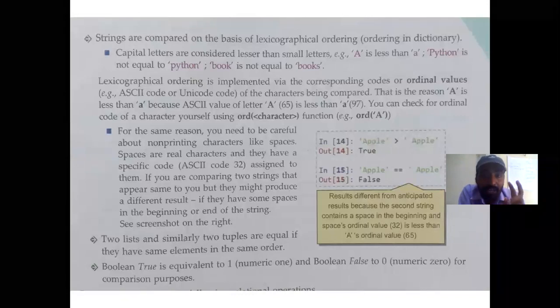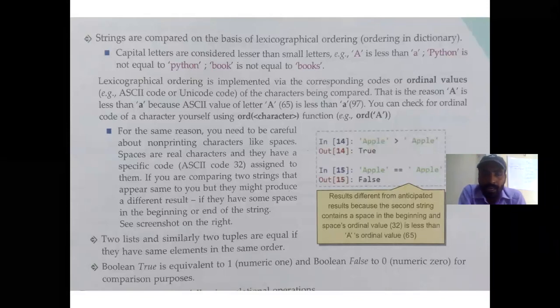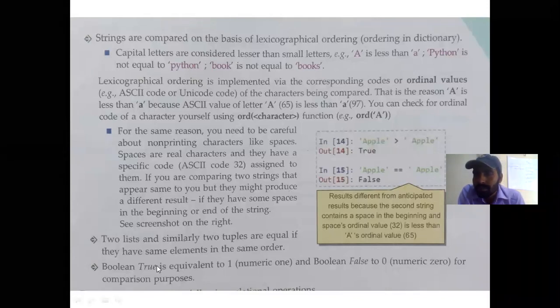But if the values are the same but the order is different, then they will not be treated as equal. Remember this. Another rule: Boolean true is equivalent to numeric 1, and Boolean false is equivalent to 0. This also you have to be careful about.